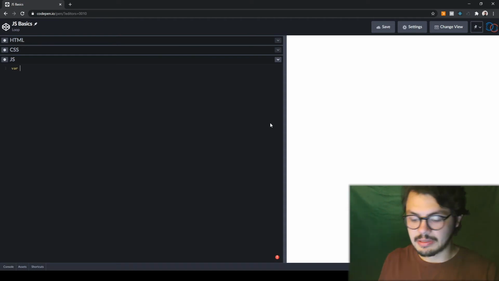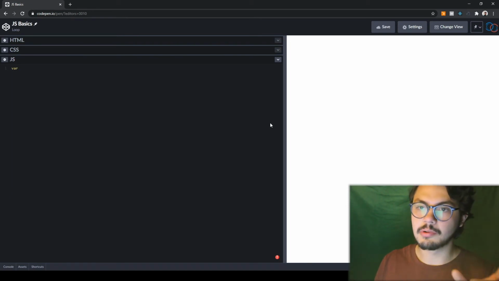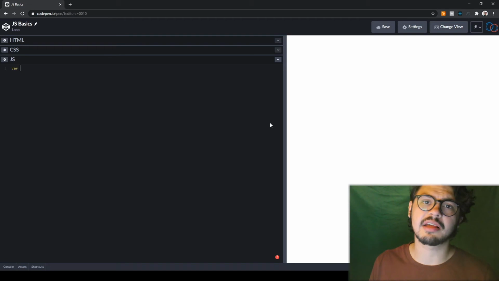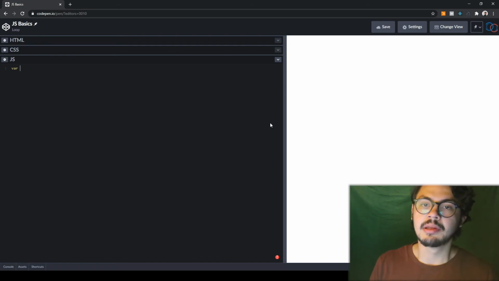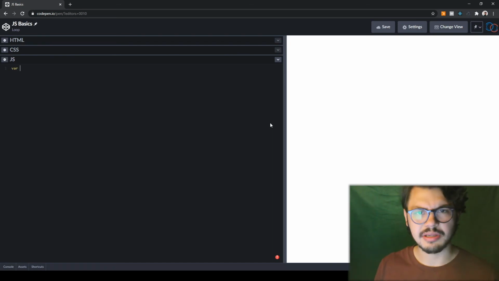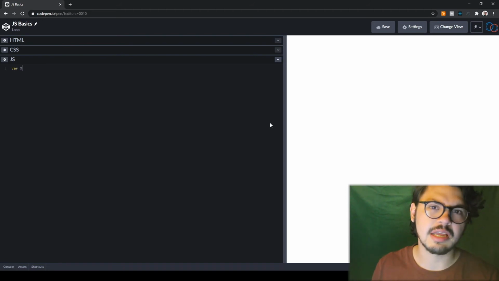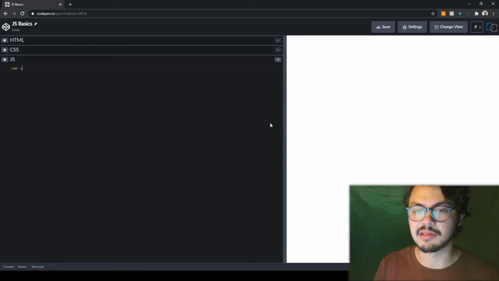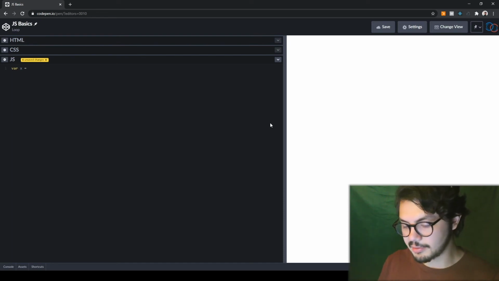So, if we'd like, we can go ahead and set var, and here we'll actually begin with a bit of the syntax that specifically pertains to JavaScript, something you won't find in CSS or HTML in some cases. With each variable, we actually have to name it. In this case, we'll just name our variable something simple, var x. I'm going to keep it lowercase in this instance, and set it equal to, in this instance, the number